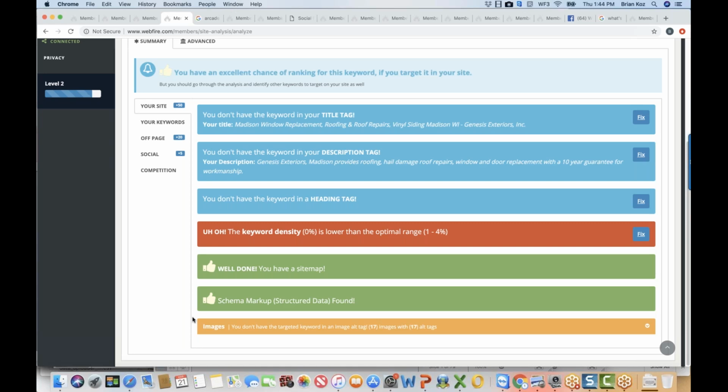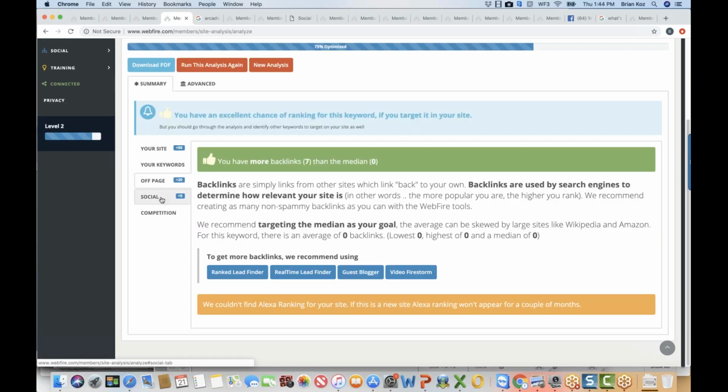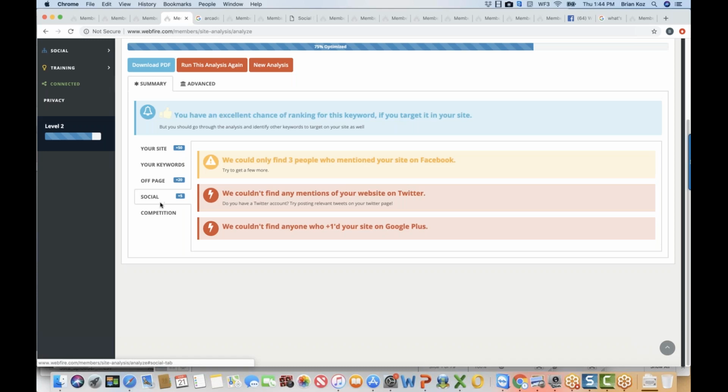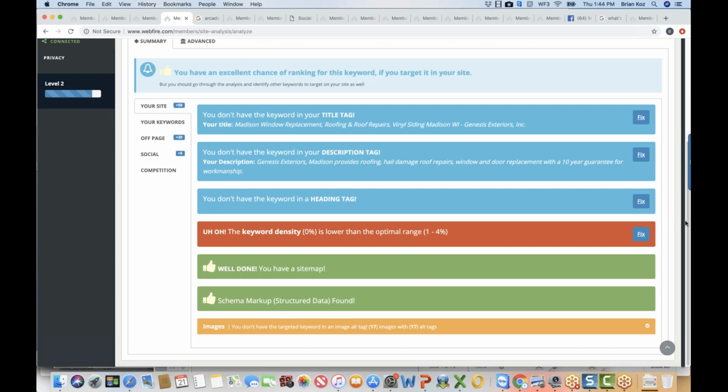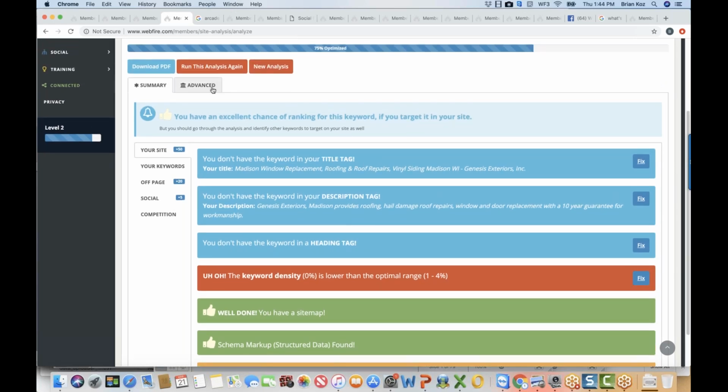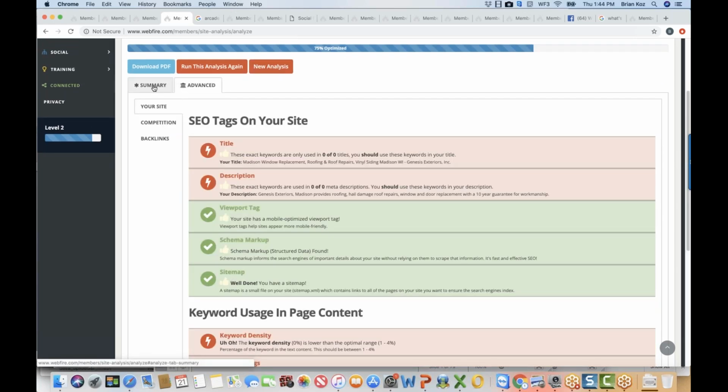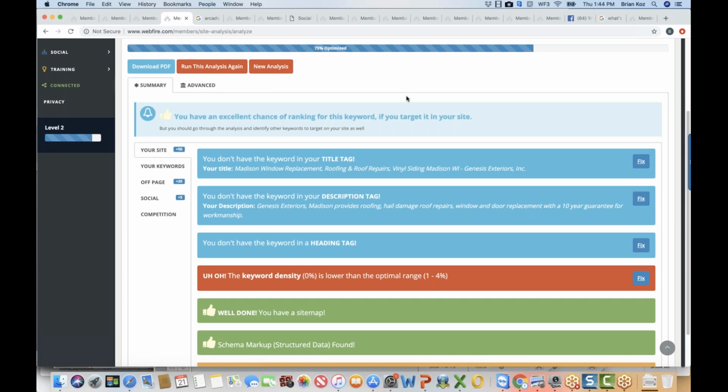And there are several other things here, like keyword stuff, some off-page stuff, and some social media stuff that looks to see if you're mentioned there, all sorts of stuff. We also have an advanced tab as well. You don't have to pay too much attention to it, but it has some advanced stuff if you're techie and you want to know more. But most of you just have to look at the summary right here, and then just click the fix button to fix the stuff that is wrong.